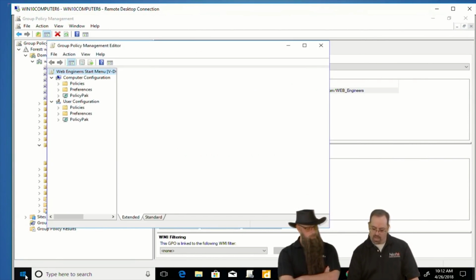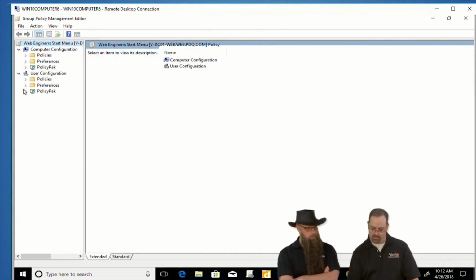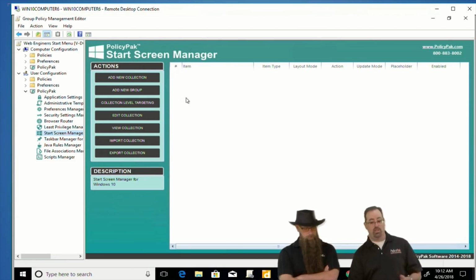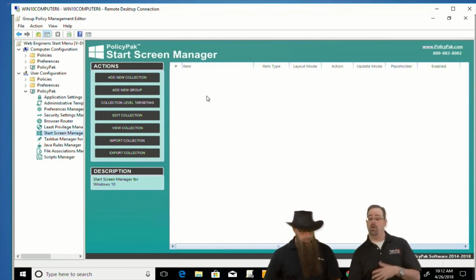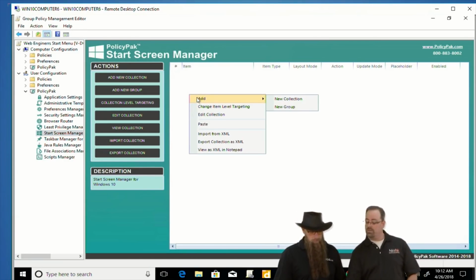And like I said, my own machine here has those same applications just to accelerate this. A demo would be like this. So we'll go to User Side, PolicyPak, and we'll go to Start Screen Manager for Windows 10. Okay, and that's the whole point. You've already deployed your apps using PDQ or part of your image, which I'm not a fan of by any stretch of the imagination. And once they're on the machine, however you get it there,